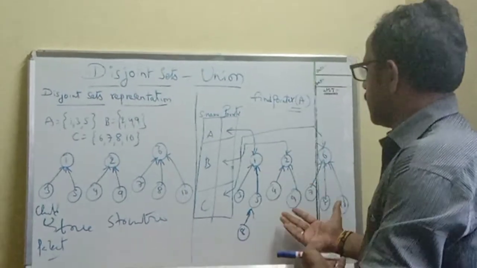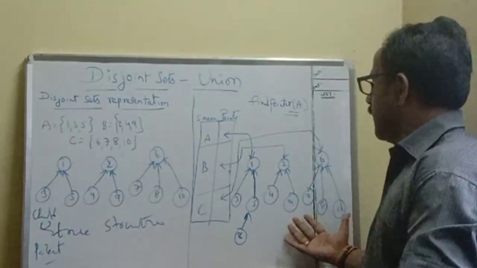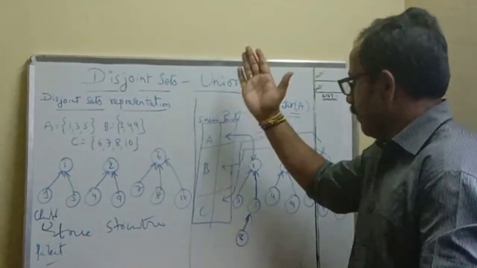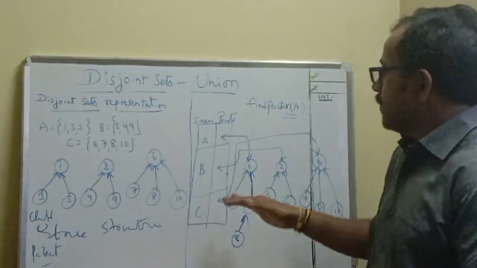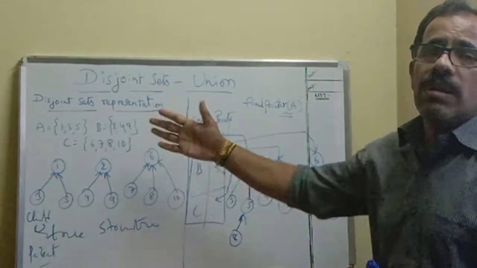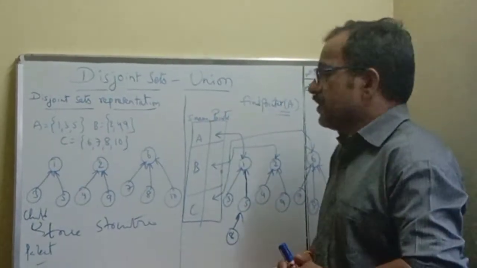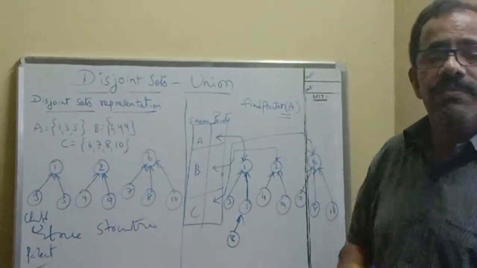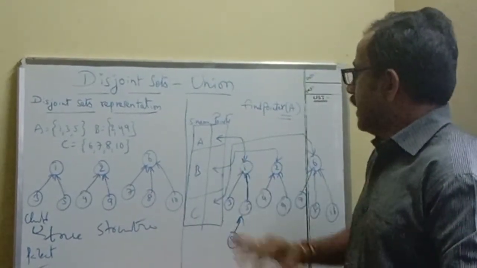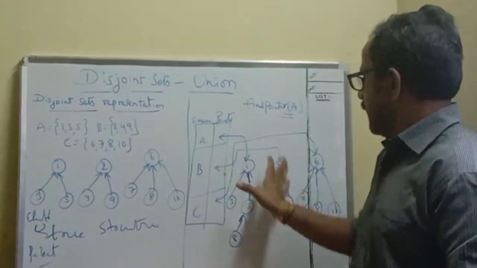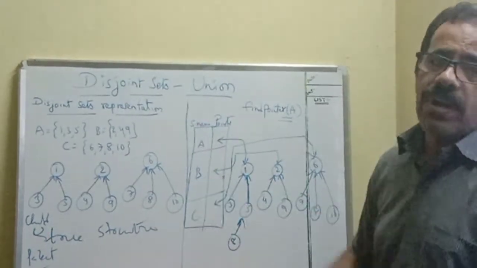We can represent the tree structure format here. Just take all the trees and take a two-dimensional array with rows and columns. Take the number of rows equal to the number of sets, and each column represents the pointer or address of the root node of the respective set. So like this, we can connect all the sets or trees with the set name in this format.